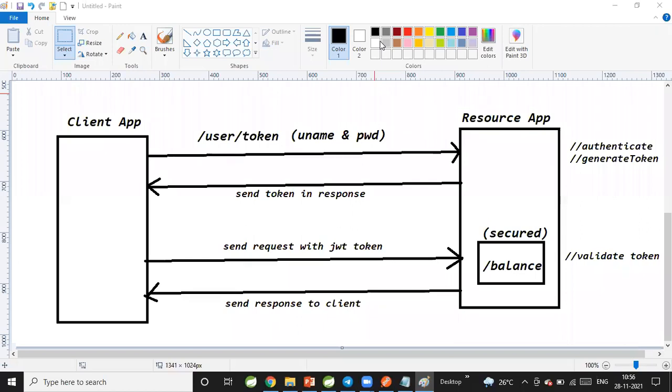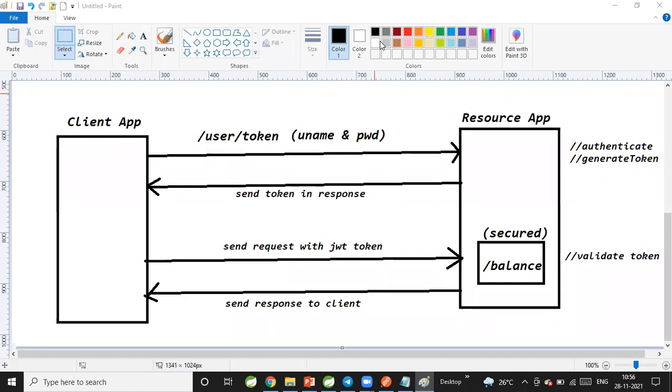Now, in my application, there are 100 secured resources available. Does the client need to send the username and password 100 times?